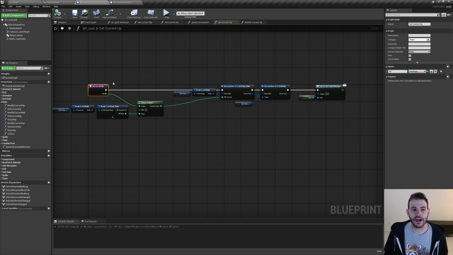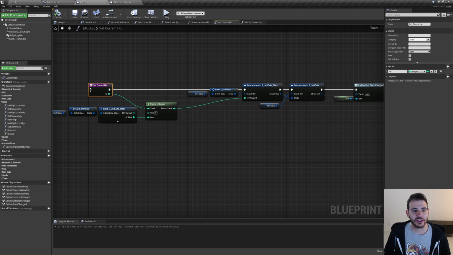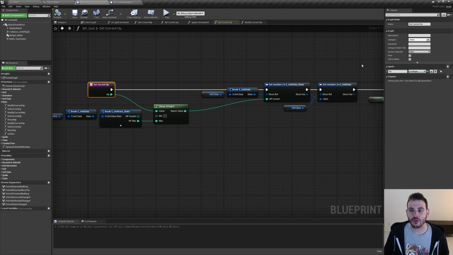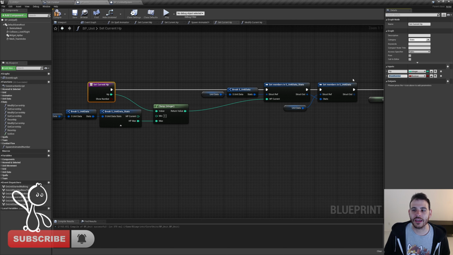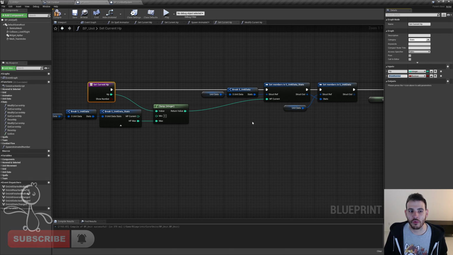So let's modify this function just so it's the same as the other one. I think it just makes more sense, and it's going to be a little bit cleaner in my opinion. So let's go at the beginning of the function. We're just going to start by adding ourselves a new input. So the new input, a boolean to decide if we want to show the number or not when we call